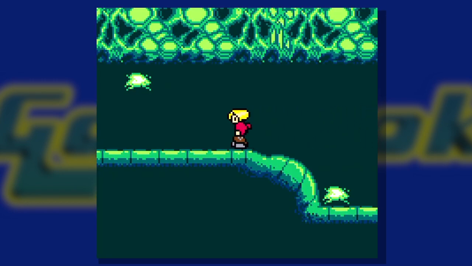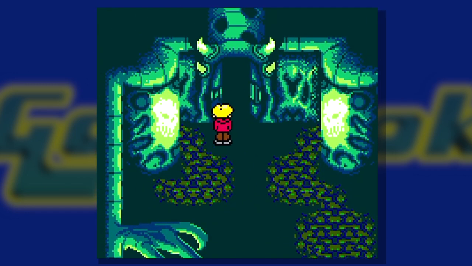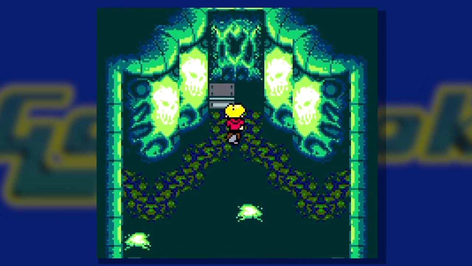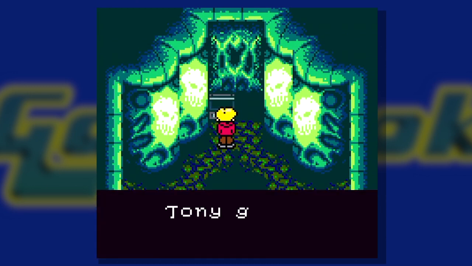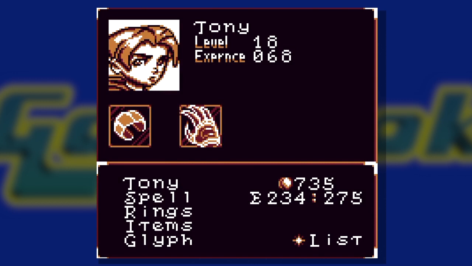We have finally managed to get to a new area of this dungeon. This is the Shadow Geyser of the Underneath, and there is a lot of complicated stuff that happens in this dungeon. Tony got a Rune of Hope, so I'm getting a lot of those. I believe that increases...